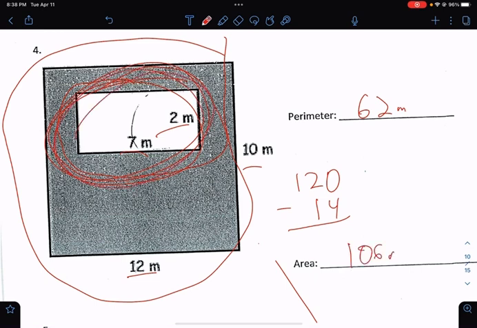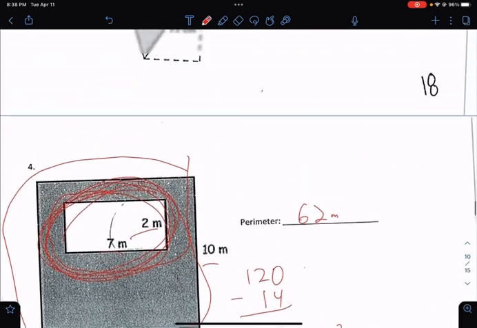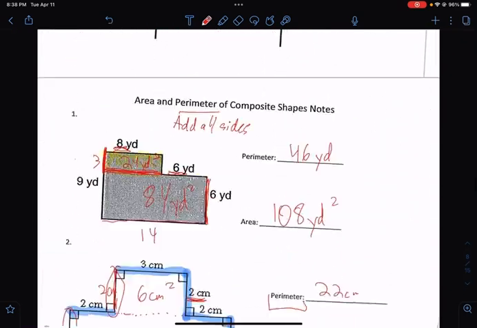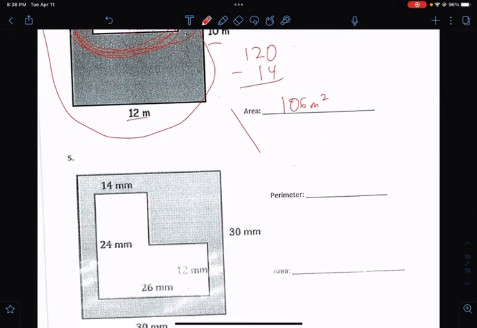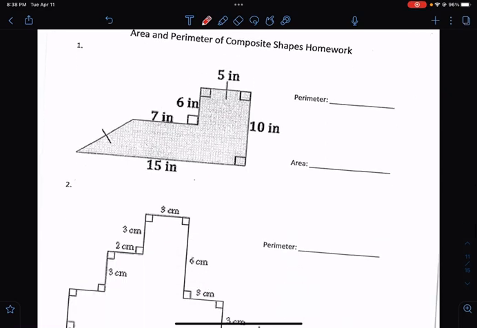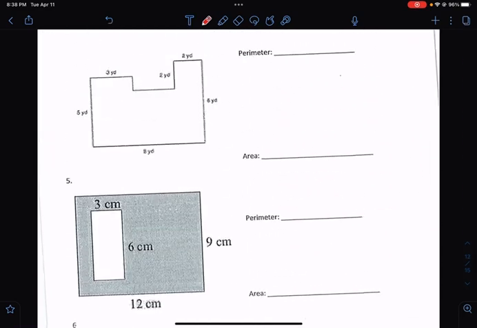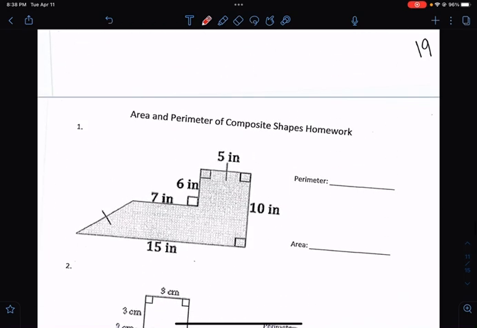All right. So again, if you were struggling with some of these problems, feel free to go back and look at how I explained them. Your homework is going to be these numbers 1 through 6. 1 through 6 is going to be your homework for tomorrow, and I appreciate all you guys